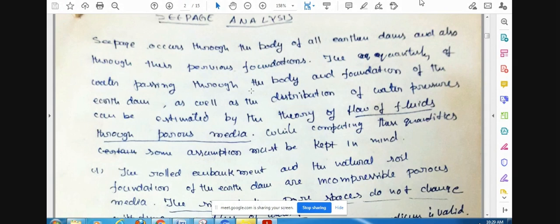Okay, so therefore to quantify the seepage through this body, under these circumstances, everything is so complex. The property changes with respect to direction, and the property changes with respect to time also. So therefore it is very difficult to analyze such types of problems, especially when we are dealing with nature, especially in water resource engineering. So therefore we always make some assumptions, okay. And assumptions mean what? Simplify the problem. We simplify the problem.